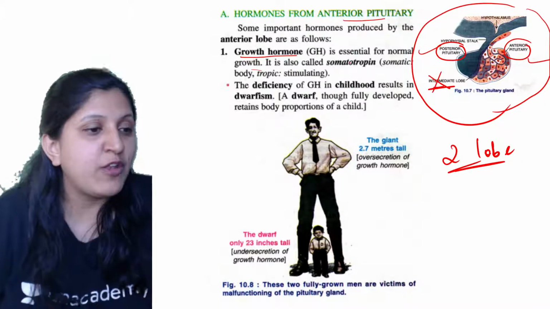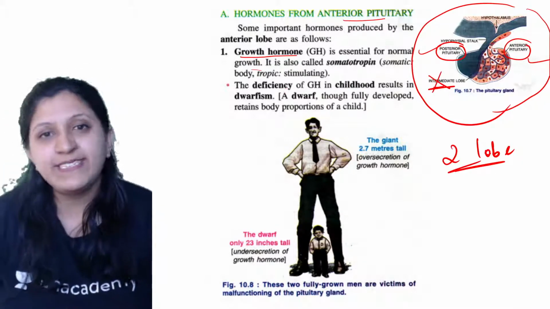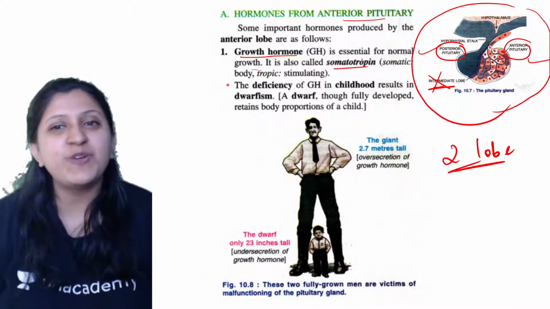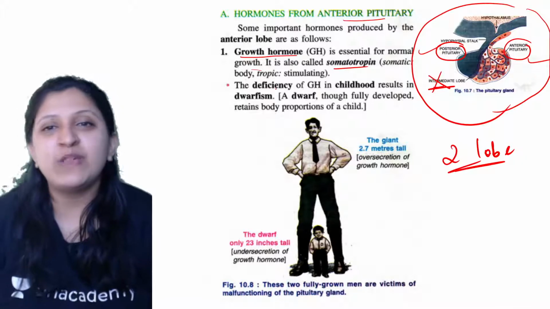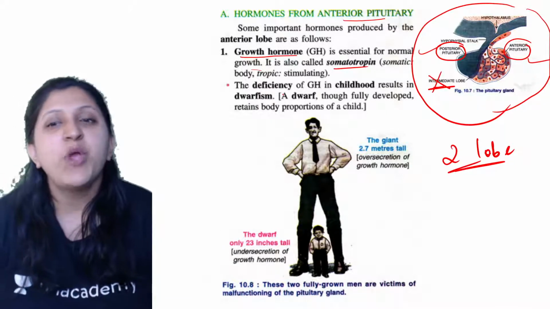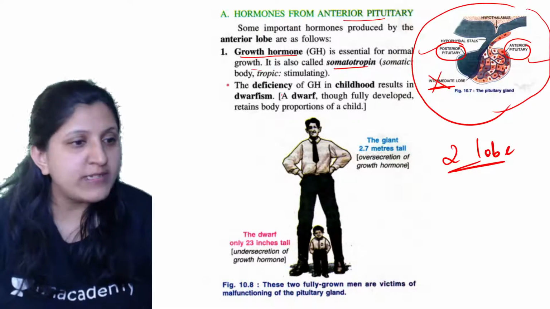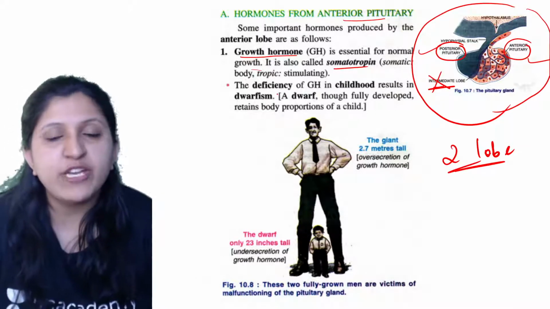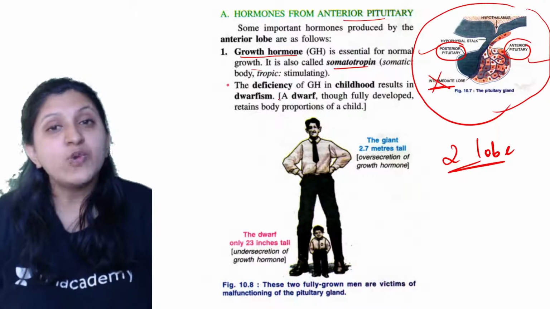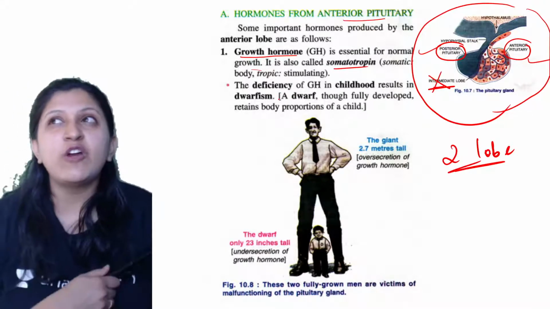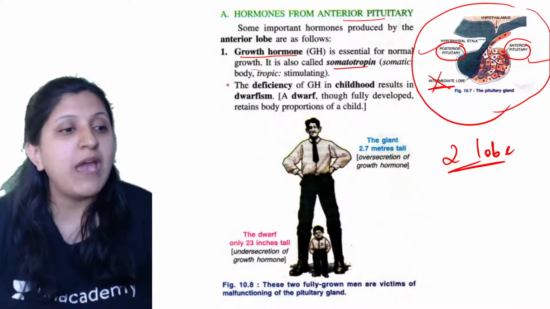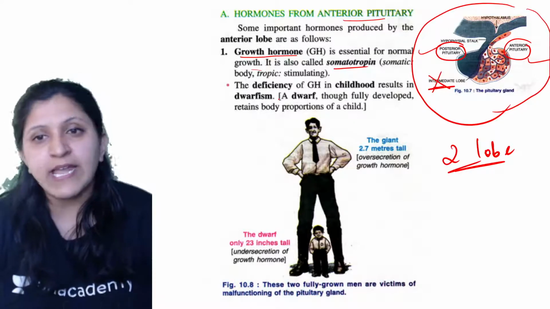You need to know every alternate name which is mentioned. For growth hormone the alternate name is somatotropin. Make sure that you know the alternate name. Instead of growth hormone, they'll ask what exactly somatotropin does, or what exactly is the effect of hypersecretion and hyposecretion with respect to somatotropin. When they are asking that, you should not keep on thinking what exactly somatotropin is. So you need to be aware of every alternate name that is mentioned here.